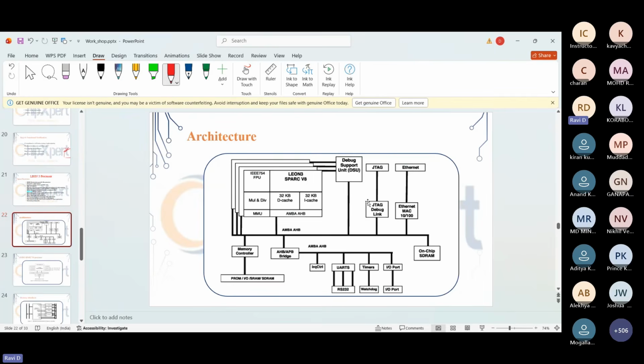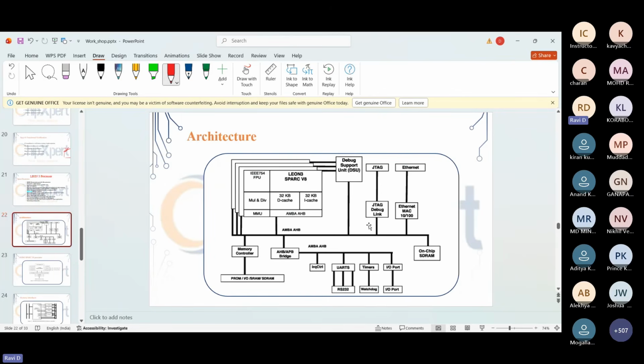If we want to make an interconnection over this, we are going to use the AHB bus. We are going to implement the AHB master block in my Leon 3 processor, and an AHB interface in the peripherals. So the AHB interface acts like a slave block in each and every block here. We'll see how to design these blocks, and how to write the code for them.